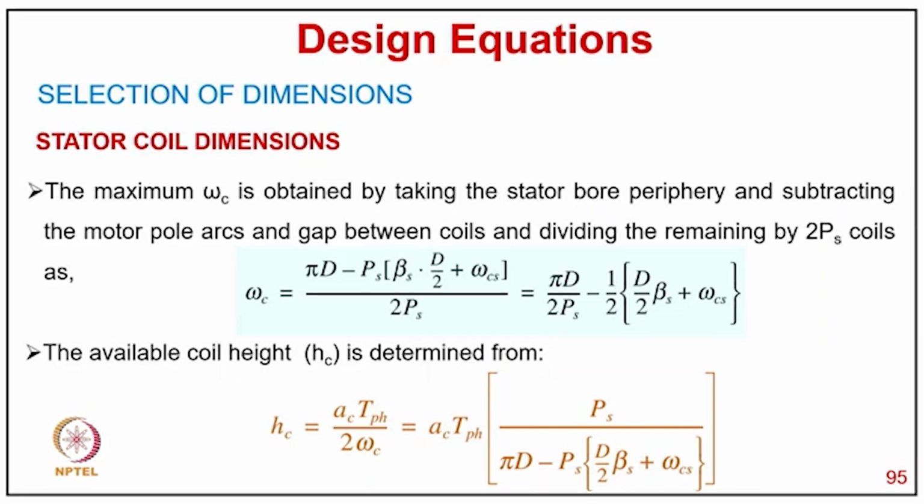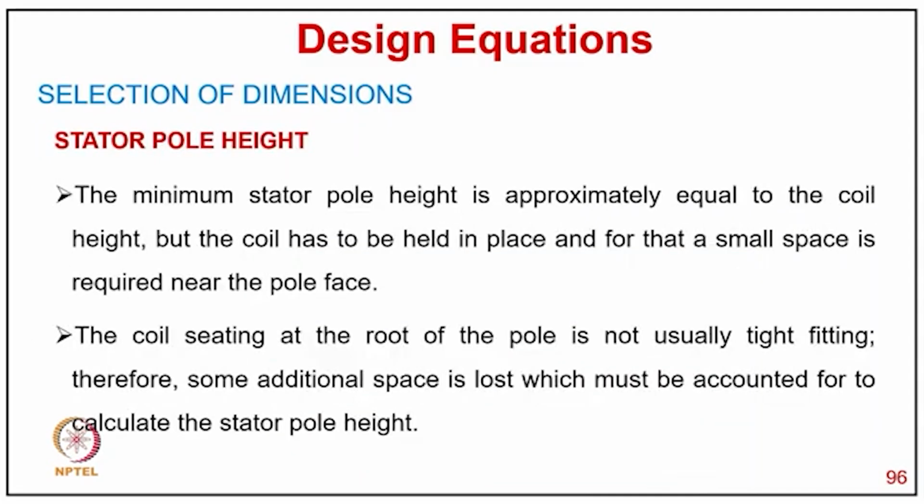And available coil height SC is determined as AC TPH upon 2 WC, or equal to AC TPH PS divided by (πD minus PS(D βs/2 plus WCS)). Now coming to calculation of stator pole height, the minimum stator pole height is approximately equal to the coil height,